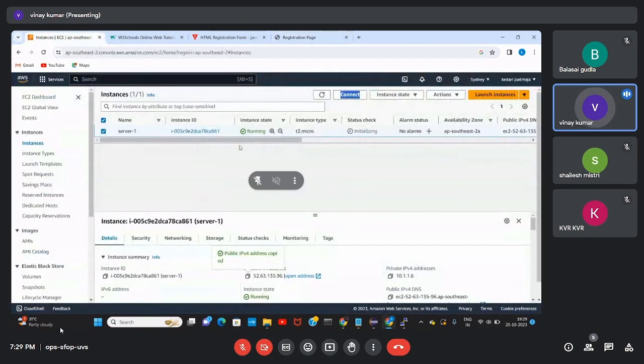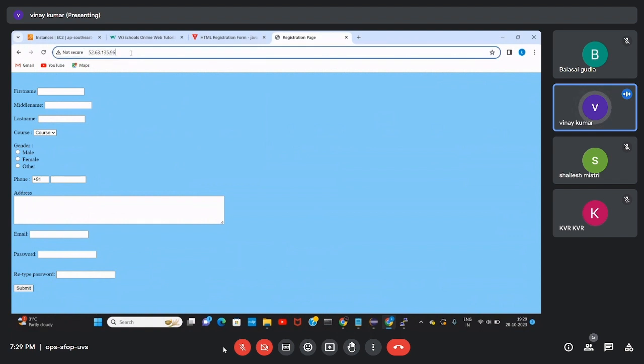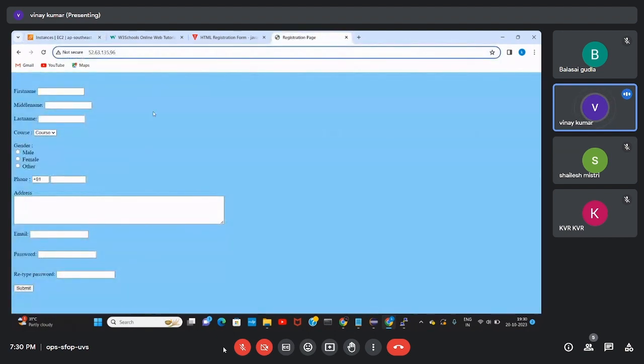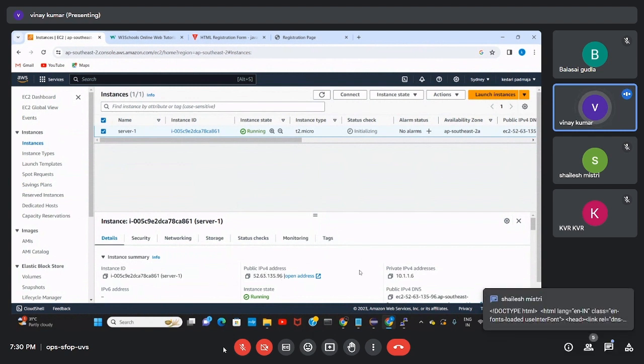So there is no problem, but if the number of requests increases day to day... Currently I'm reaching this server using this public IP, and it does not look professional, right? We need to provide a host name resolution for this.